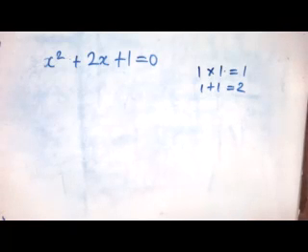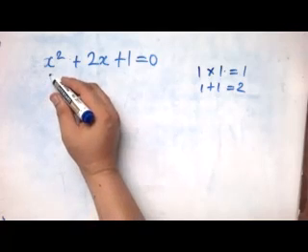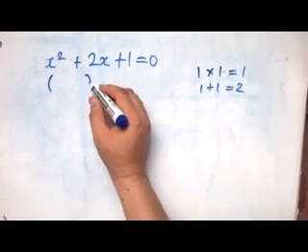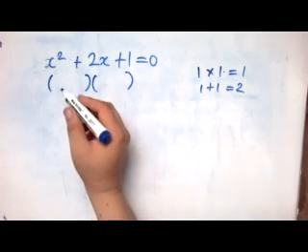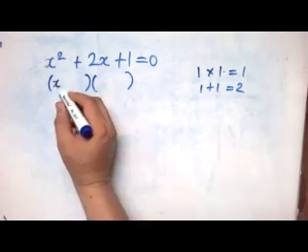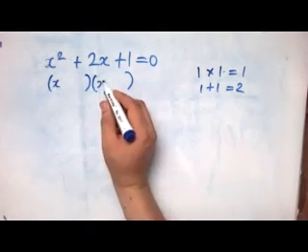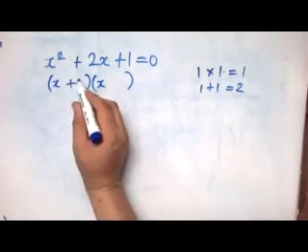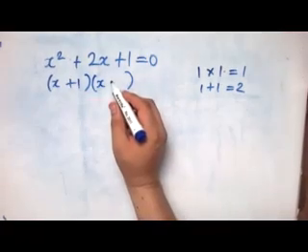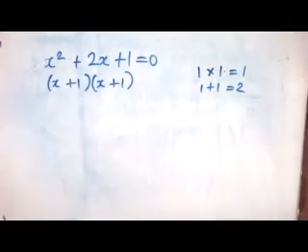Now, all we need to do is to open two brackets. Open the first one, we open the second one. In the first one we place our x, in the second one we place our x. We take our first number plus 1, the second number is plus 1. When we take the brackets one by one, we'll now have